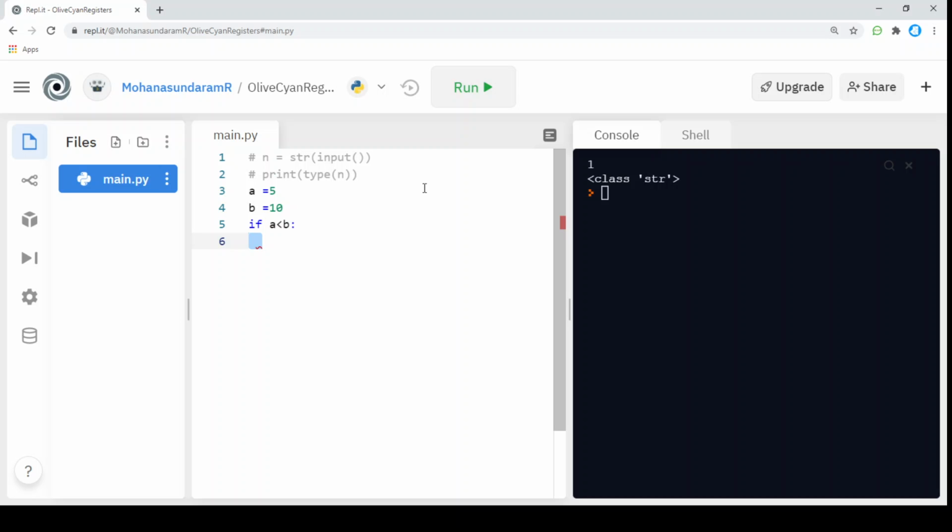This indentation tells Python that it is a code block. This is a set of a code block. That's why Python only identifies, using indentation, which lines belong to which code block. And now I'm going to print my statement here. If this condition statement is satisfied, I should print